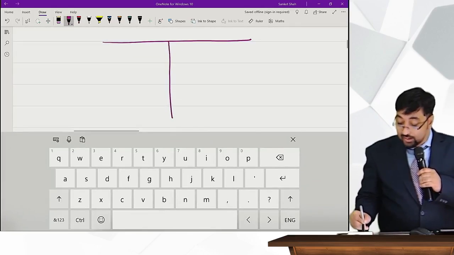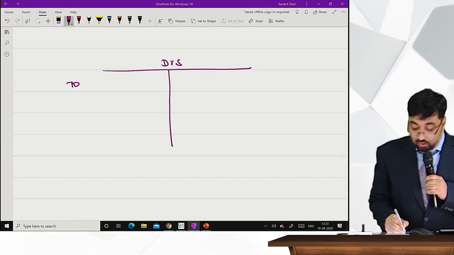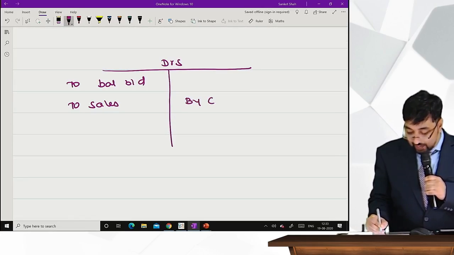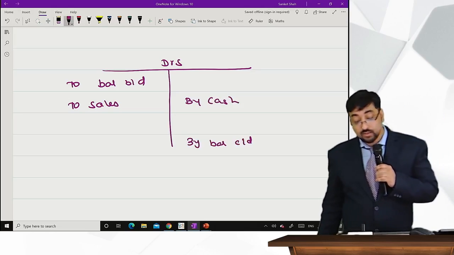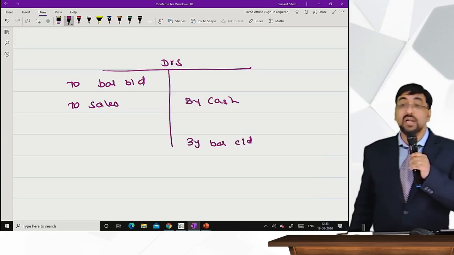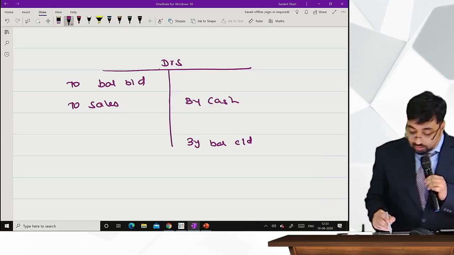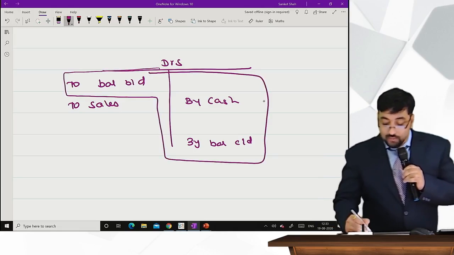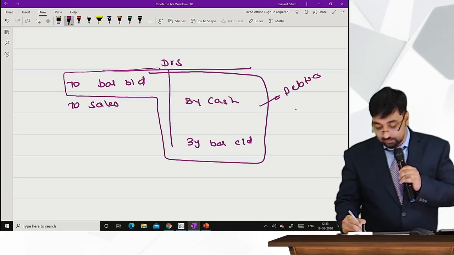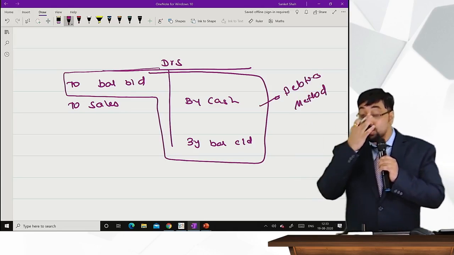Suppose there is a direct method, debtors account. If you see the debtors account, you have two: balance brought down, sales by cash, and by balance carried down. I will tell you exactly the difference between the debtors method and the stock and debtors method. Assume all daily cash is remitted to head office. So suppose this is a pro forma of the debtors method. In the branch account, you write opening balance, daily cash remitted to HO, and closing balance.